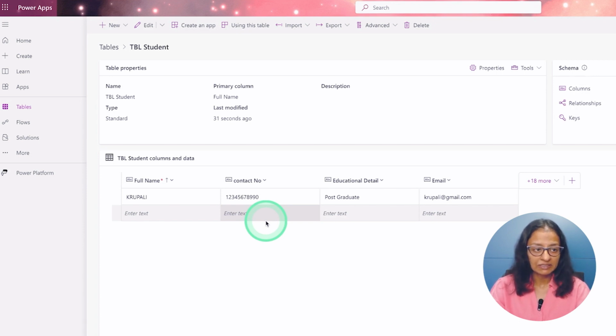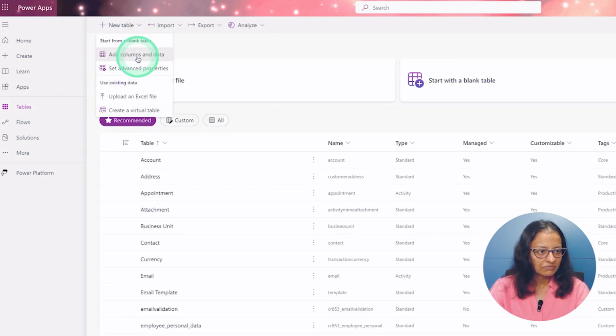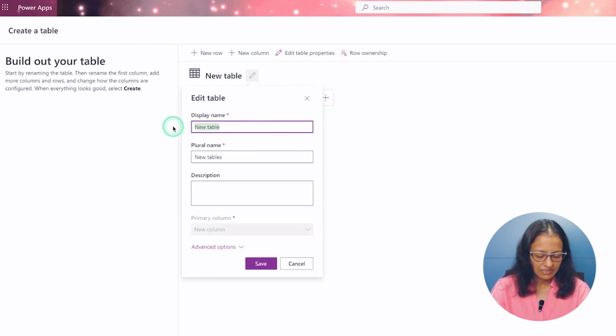So let's repeat the task. That is, click on tables again, and here you need to click on add columns and data, and here I am giving the name of the table as TBL feedback.